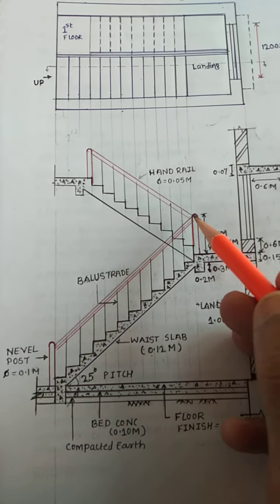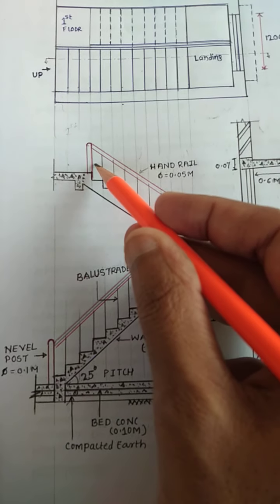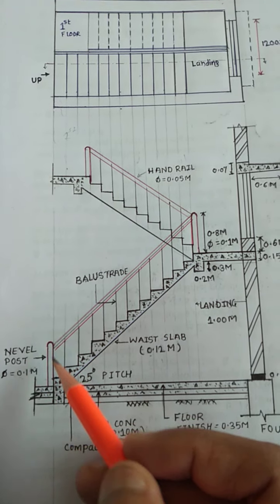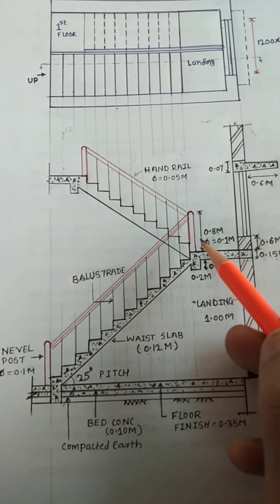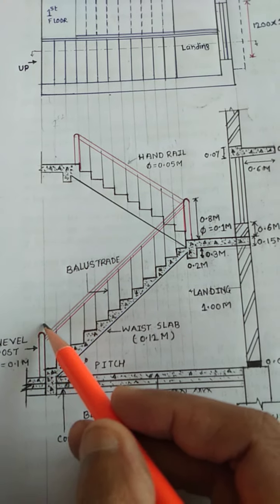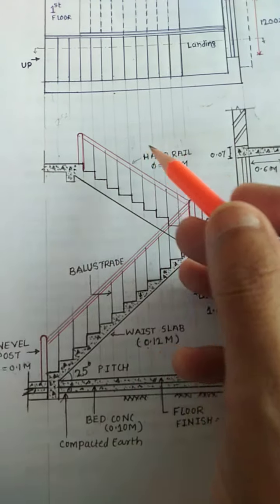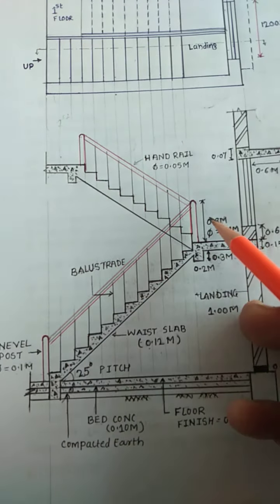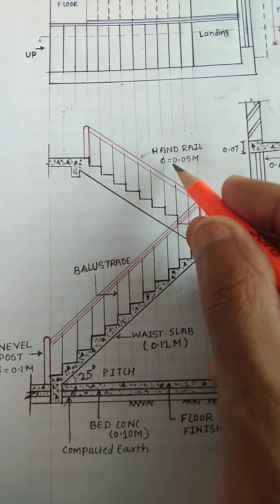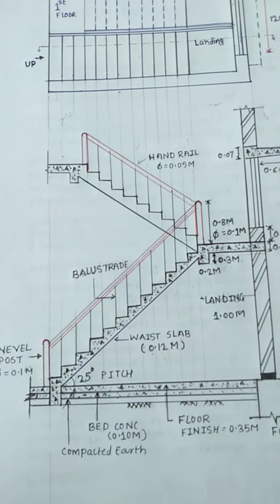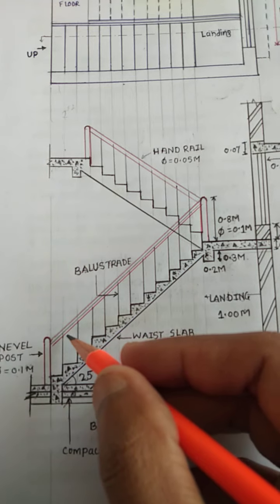Okay, similarly this is also a newel post and this is also, for which the diameter is given as 0.1 meter and the height of the newel post is given as 0.8 meter from the slab. Similarly here and similar here. Okay, then the next procedure, that is the handrail. The handrail is also given a diameter of 0.05 meter, so draw it 0.05 meter, and balustrades are provided in order